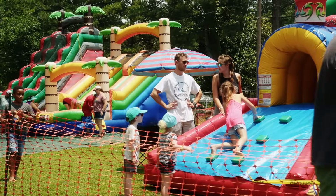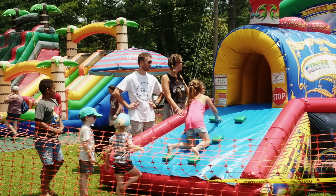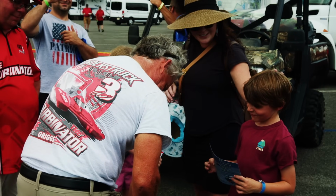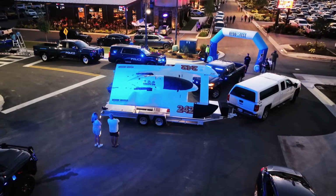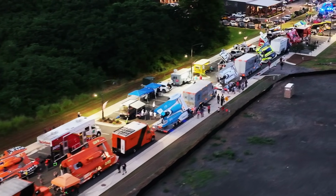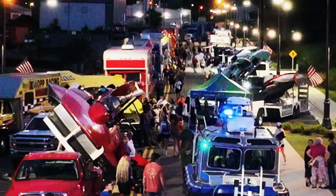But it's just a great weekend overall for people to come enjoy the lake in a different perspective. You don't see these big boats on the water every day in, day out. So it's a great event for people to come experience. Speed on the water. Guntersville was all in on hosting the large amount of fans and competitors that were in town, throwing awesome activities like the street party, where folks were able to get up close and personal with the